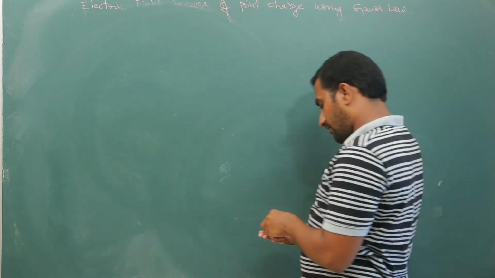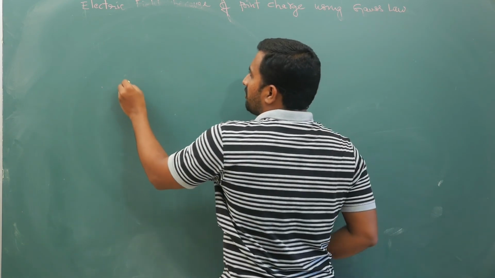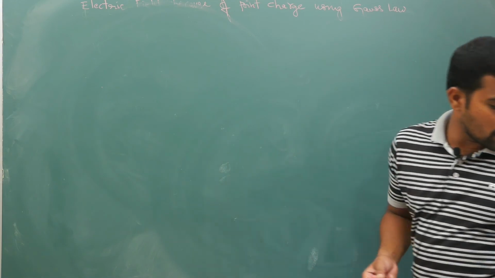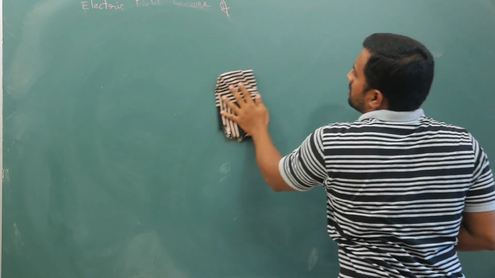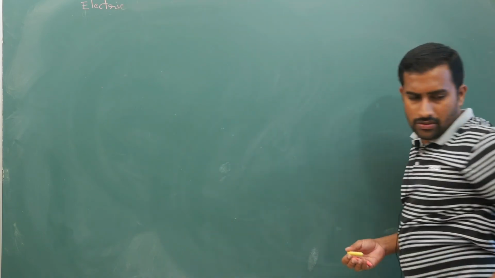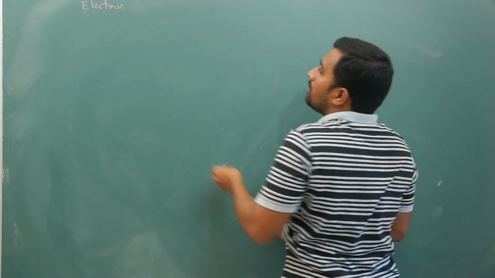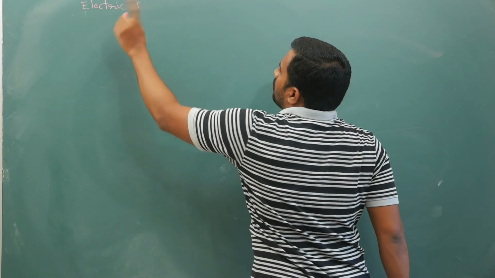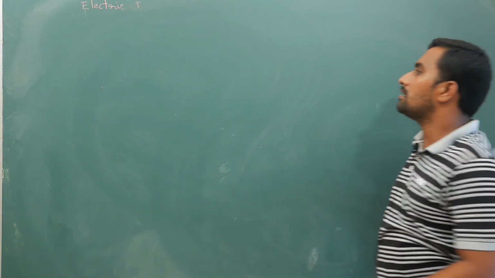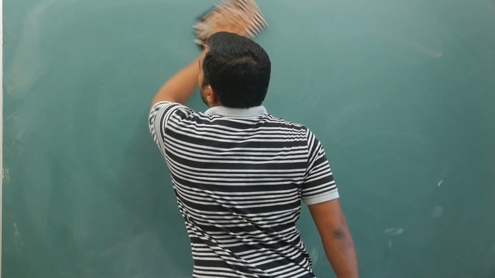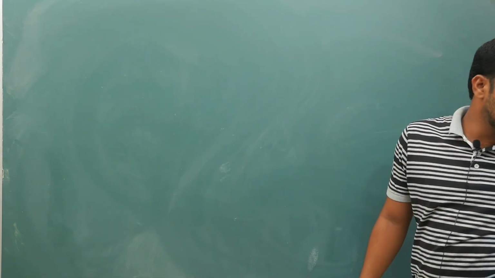Now coming to your next application, let us say you have an infinite line of charge. Here I have explained for a point charge. Now what I will do is, I will try to calculate, wait, I will do solid angle first. Without doing solid angle, it's not a good thing to do this. We will talk about solid angle first and then we will come back. Just hold on.